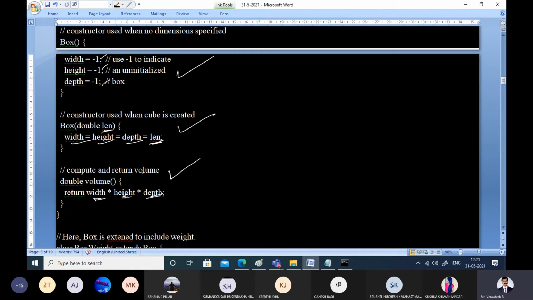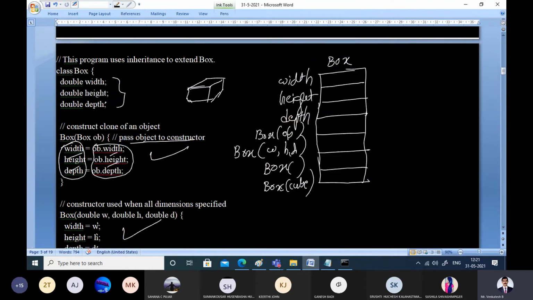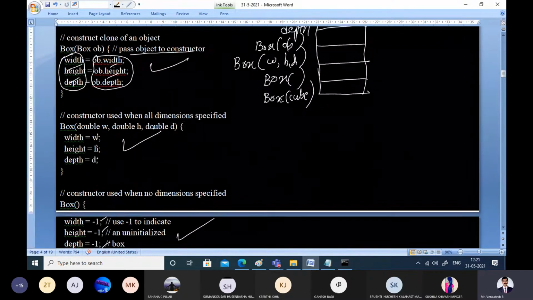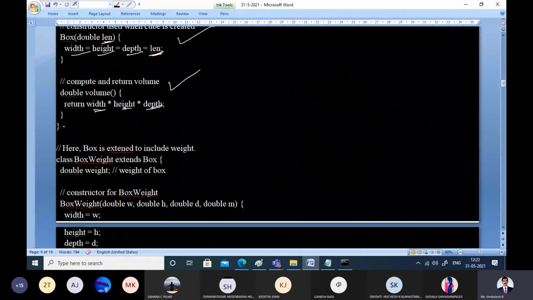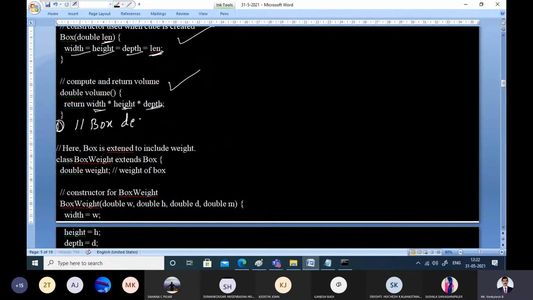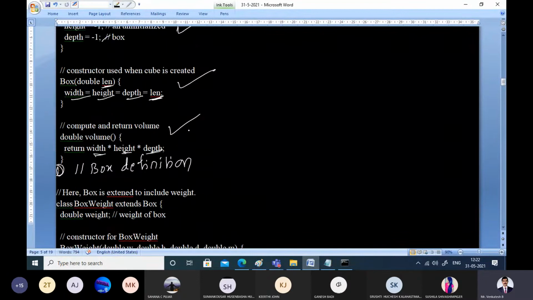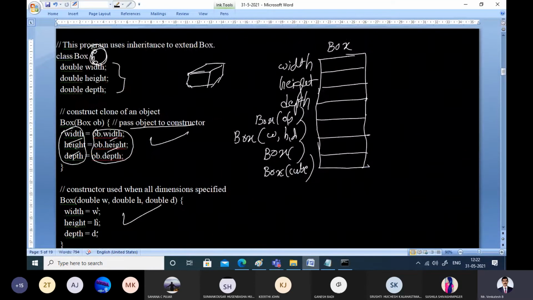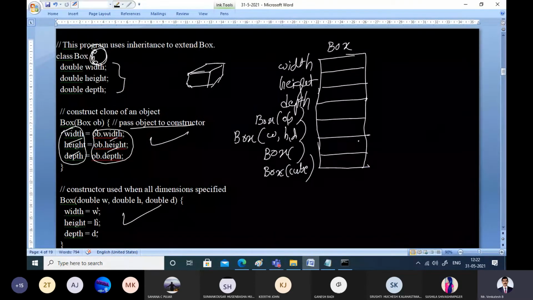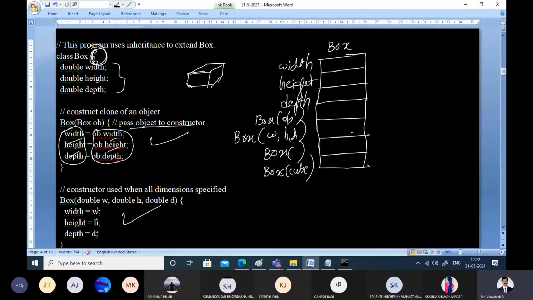So this entire thing, starting from this opening bracket to this closing bracket, is the box definition. This is what the box class is, and the same can also relate to the box object whenever you create box objects.